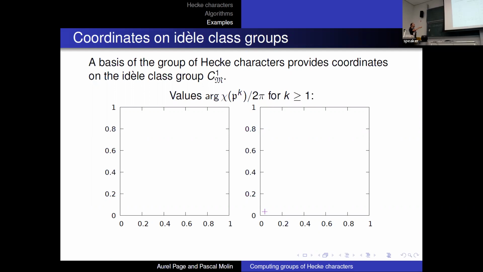So that's what I'm doing here. I'm taking powers of a given prime and evaluating the basis of the Hecke characters at those, and you get successive values. As you expect, the powers of these primes will follow a geodesic in this group. Okay, there are two components here because remember,